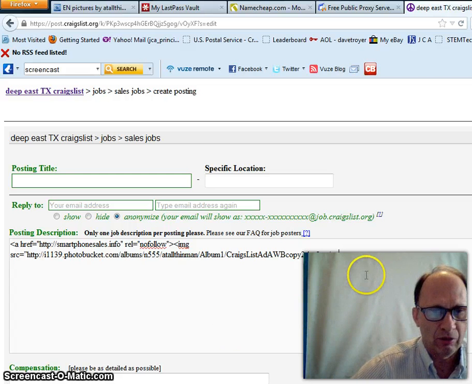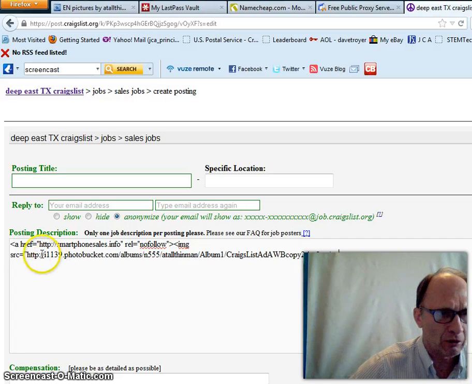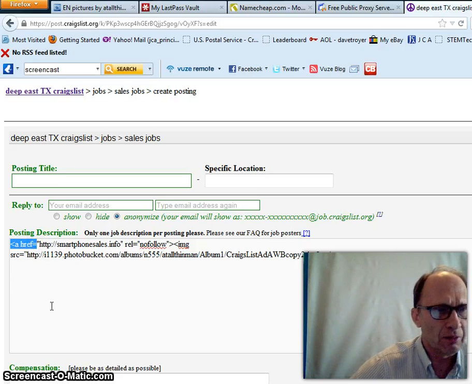So let's look at this. This is an image ad, and there are different sections of this that can be really confusing if you don't know what's going on. But let me show you this. At the beginning of an image ad, you must have this right here. Okay, see that? The less than sign, A, space, href equals. Okay, and then in quotes we have where we want